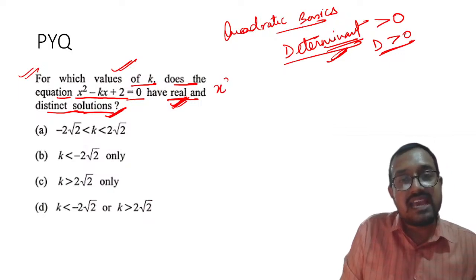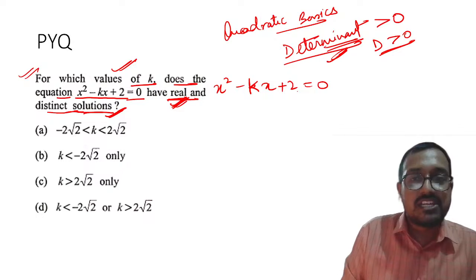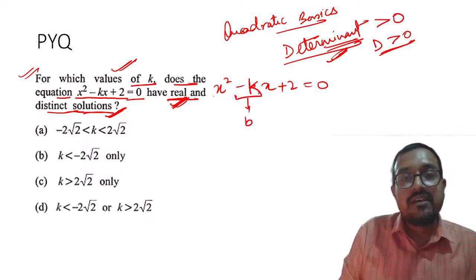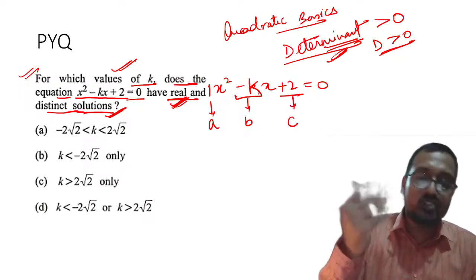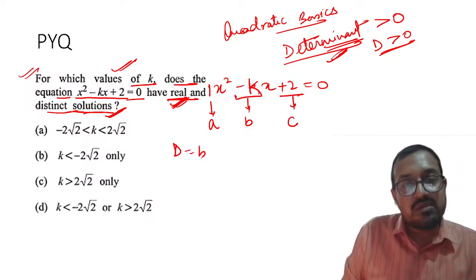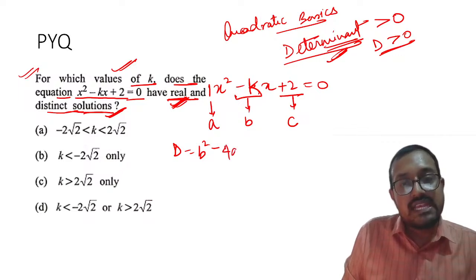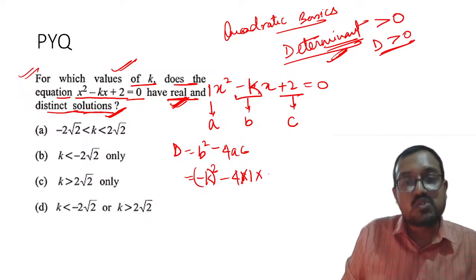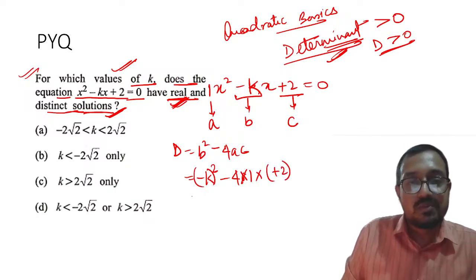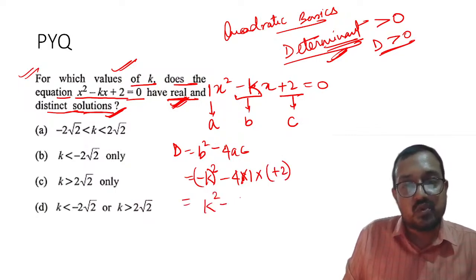And what will be determinant? It is x square minus kx plus 2 is equal to 0, right? So my dear students, minus k is equal to b. What is a? A is nothing but 1, right? And what is c? C is plus 2. Understood? Determinant is equal to nothing but b square minus 4ac. So this will become k square, minus k square obviously, but minus k square will become nothing but k square minus 4ac. Let me write it like that only, because some students might get confused, right? Plus 2. So my dear students, this will become k square minus 8, right? And this must be greater than 0.